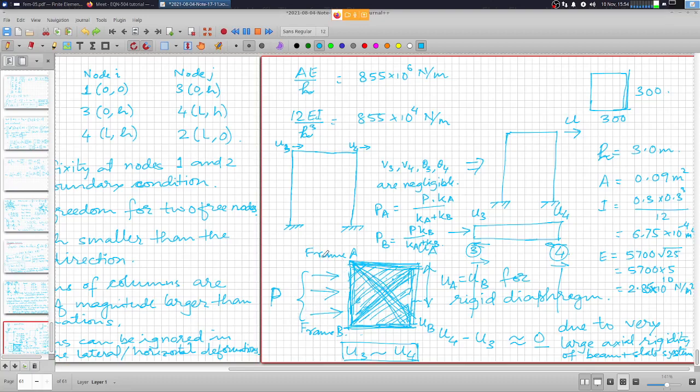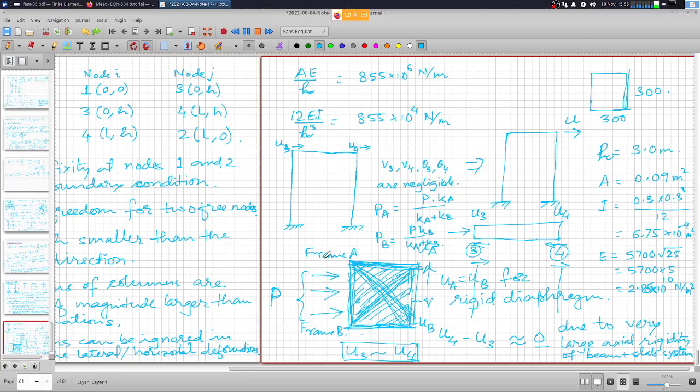In that case, the forces taken up by individual frames are in proportion with the tributary area that you normally use for taking the beams, to transfer the load from slab to respective beams. You have that tributary area concept. So a similar tributary area concept you can use to divide the total force into respective frames for a flexible diaphragm.